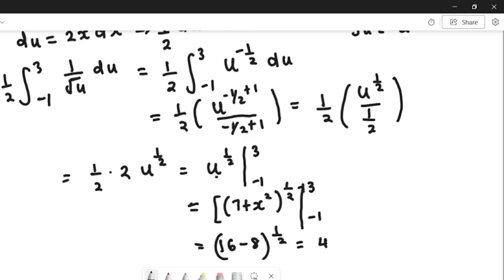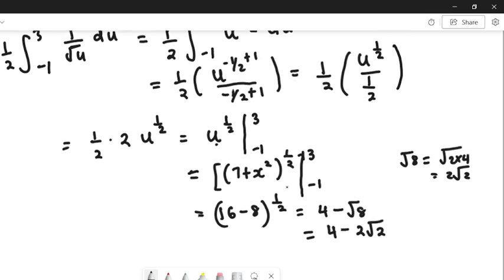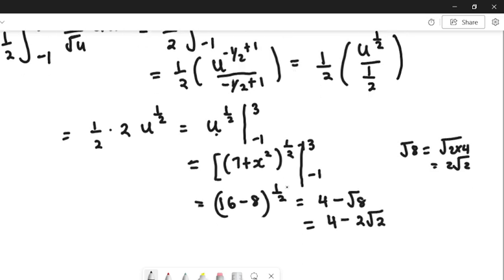So we're going to get 4 minus root 8. But root 8 is the same as the square root of 2 times 4. The square root of 4 is 2, so you're getting 2 root 2. So our final answer is 4 minus 2 root 2. That's our solution